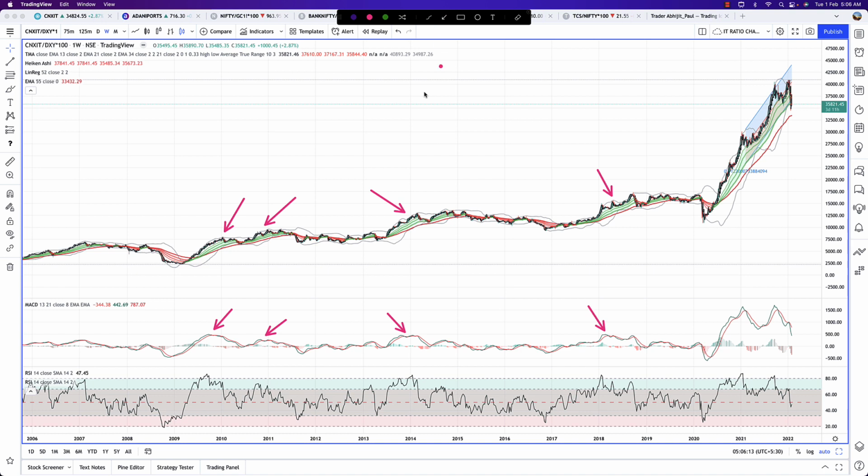Another thing that you will notice is that once it goes relatively stretched, it always created a divergence and then it gave the correction. It's not that you got a very strong reading and immediately it fell. No, we got a strong or an exceptional reading, then it will continue to drag itself up, create a divergence, and then it will give the correction. Every time we have noticed the same thing.